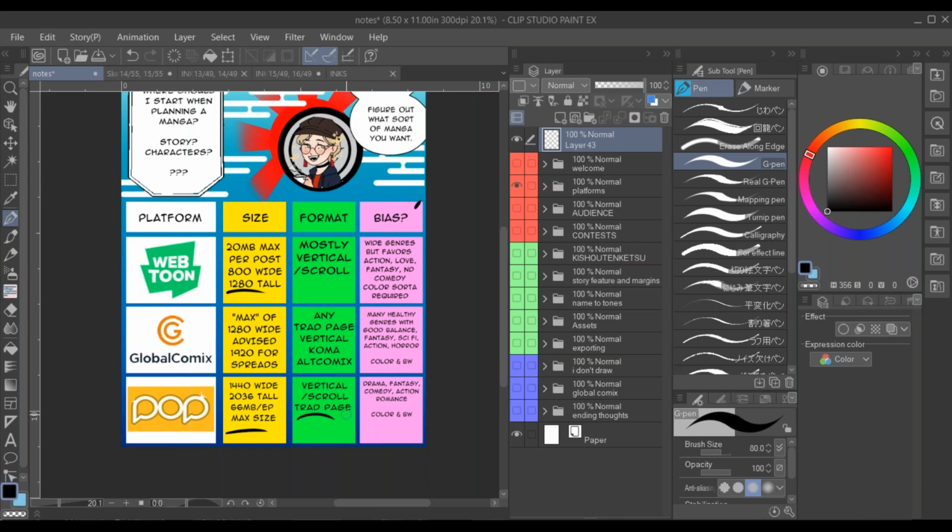In traditional page format, usually when you upload something, it's whatever the size it is. And when you want to zoom in, you have to actually click on the plus button or use your fingers to try to zoom in, right? That's kind of annoying. What GlobalComix does to make it a little bit different is, say you've got your page,